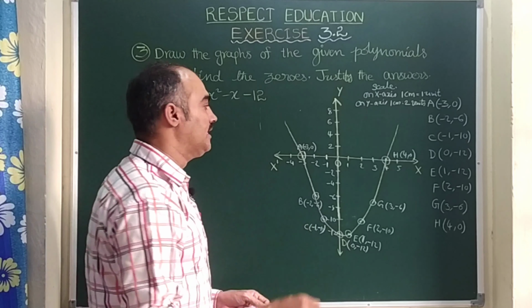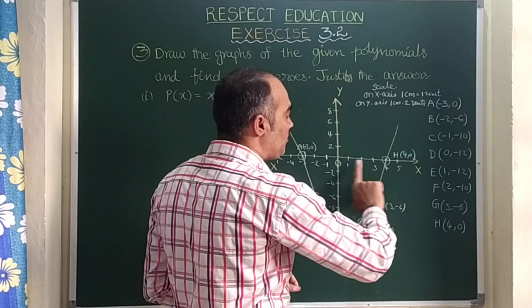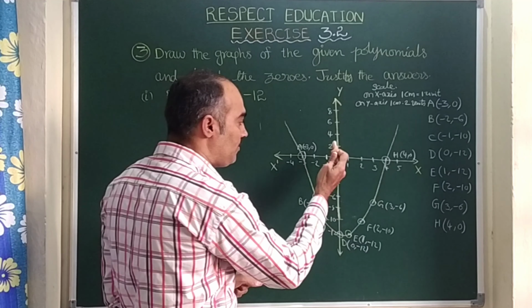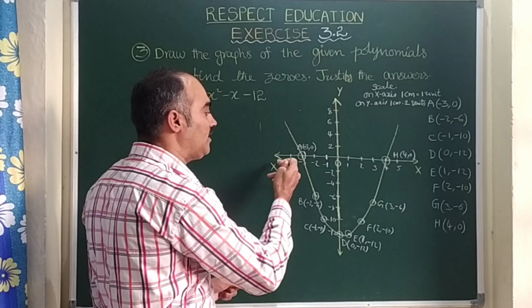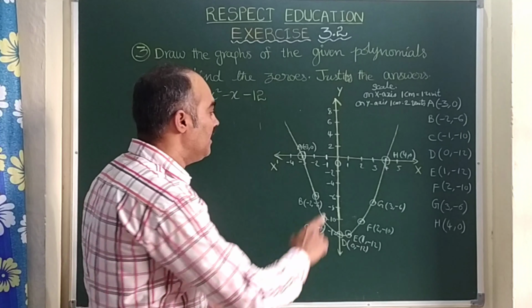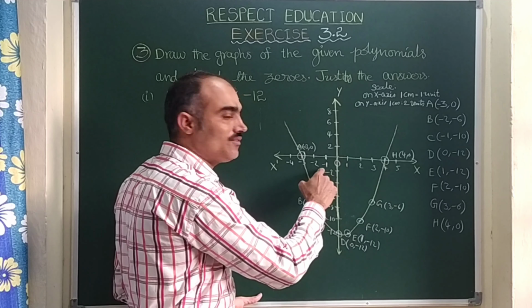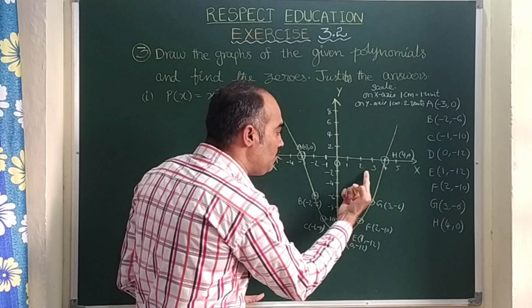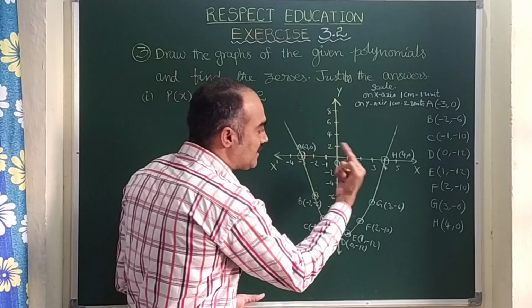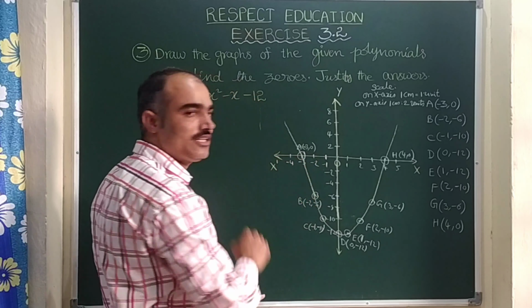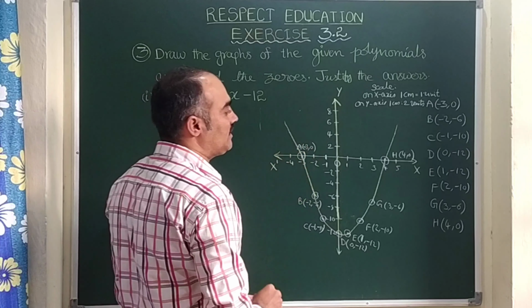Here you need to take care, children. On the x-axis positive values should come. On x dash, means the left hand side of the origin, negative values should be written. Here you see, if you write 1 here, immediately at the same distance -1 should come. If that side 2, then this side -2. Right side 3, left side -3. Right side 4, left side -4. Right, this is the order you should follow.